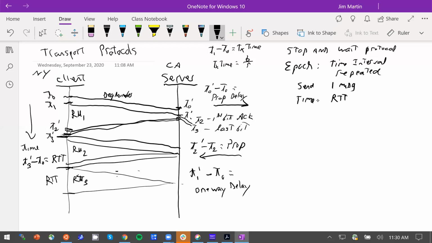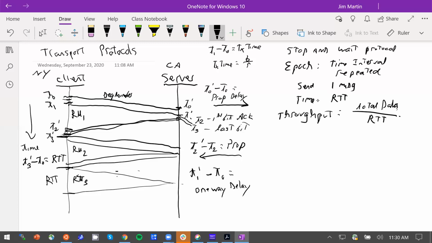So if we wanted to consider the throughput of this stop and wait protocol, and this equation is going to be applicable for all conversations today here, talking about transport protocols, it's total data sent in an epoch divided by the time, the RTT. So since there's one transmission and then we stop and wait,